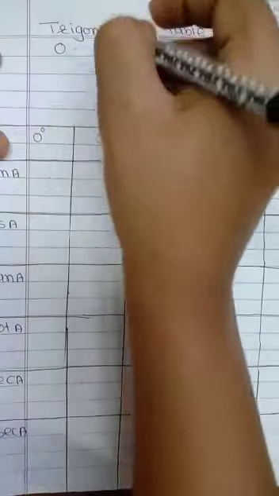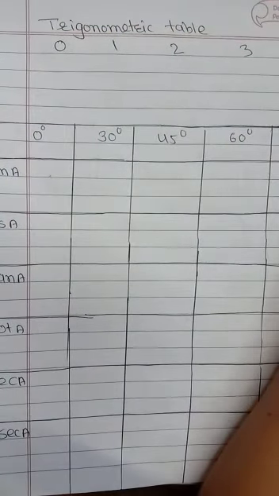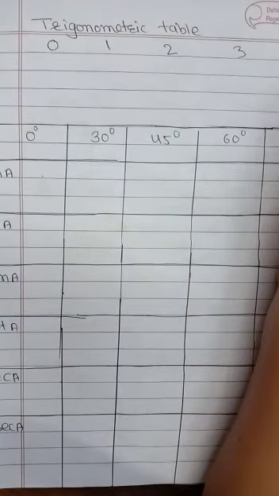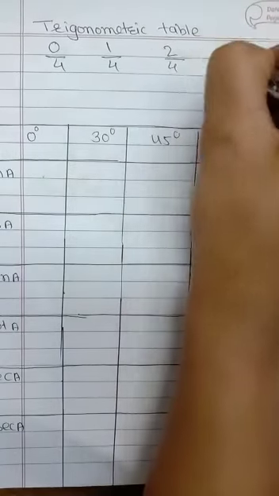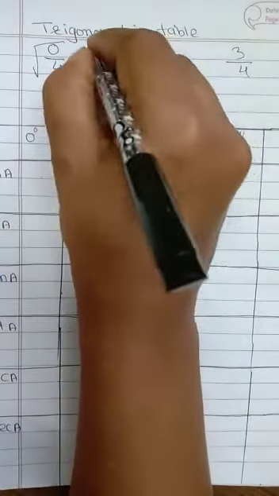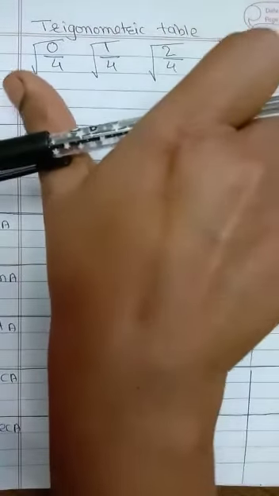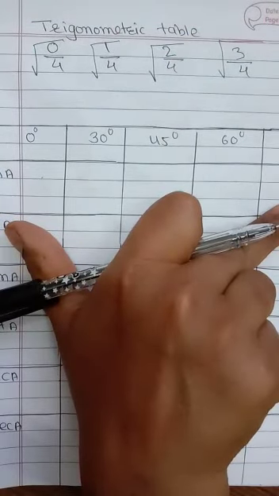First I am going to name these 0, 1, 2, 3, 4. We want to calculate trigonometric ratios for these 5 angles, hence I just counted them as 0, 1, 2, 3 and 4. Let us divide it by 4. All the numbers, I am dividing by 4. Now take the square root of all the numbers. Whatever number we got, take its square root. Now whatever values are there, these are the values of sine for the given angles.